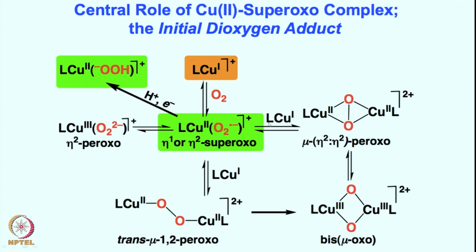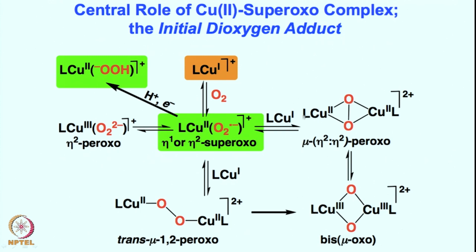If the ligand is the tridentate one, this superoxide species can react with this tridentate bound copper(I) to give you the side-on bound peroxide species. If these ligands are tridentate also, then there could be this equilibrium. Usually with the bidentate ligand you see this sort of species formation, but as you can see these are all